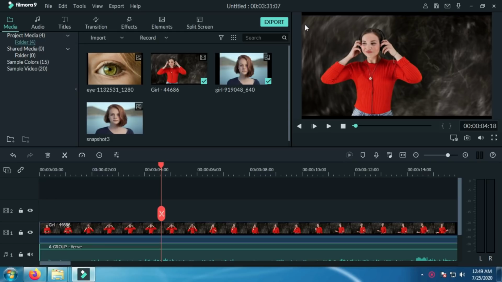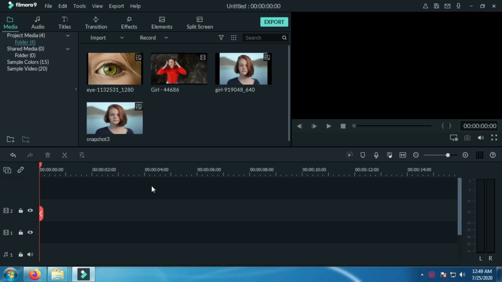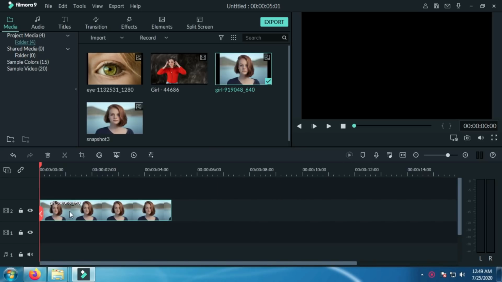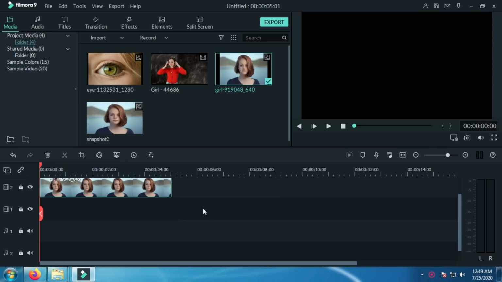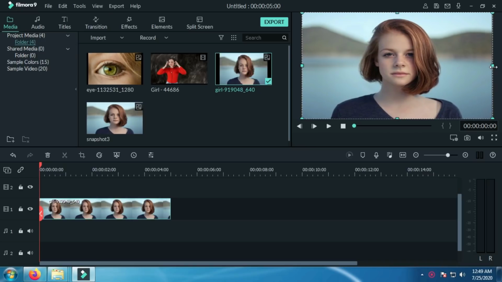This is our working area. You can add your photos or videos here. Just I'm deleting the previous videos, and I'm going to add a new JPEG image. Just going to add in video frame 1. Okay. You can adjust the aspect ratio, so that the screen is full without black sides. There are forward and backward buttons to move the frame forward or backward. You can use spacebar to pause the video.